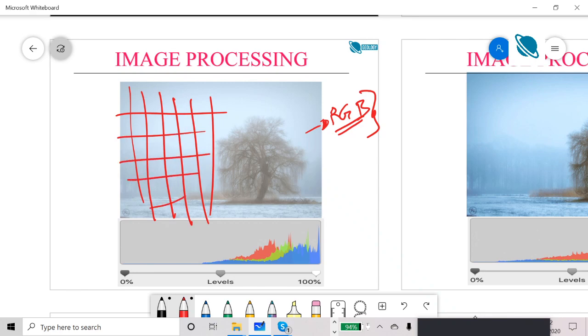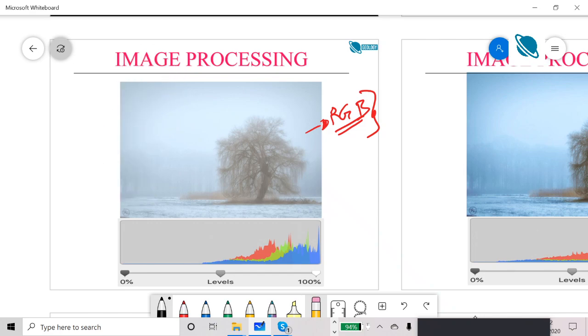So you know this whole image is divided into a number of smaller pixels. The ones I have drawn here are pretty large, but it is composed of very small sized pixels. So how do you get a color image? To get a color image, you need information for each pixel value in three bands: a red band, a green band, and a blue band.